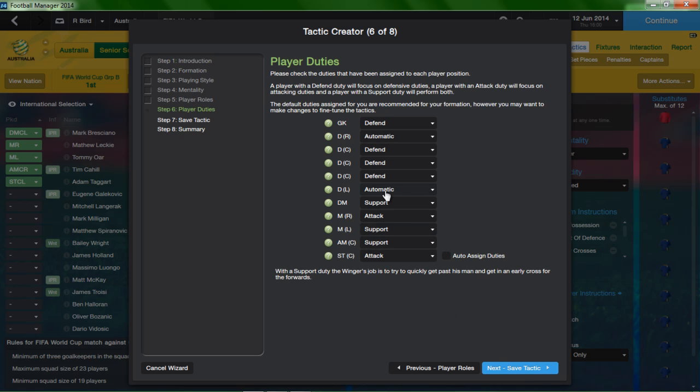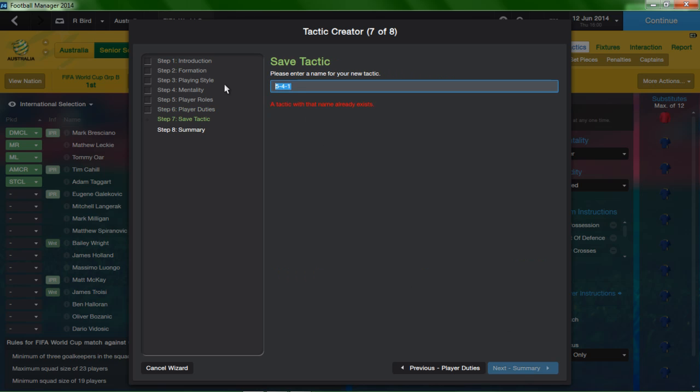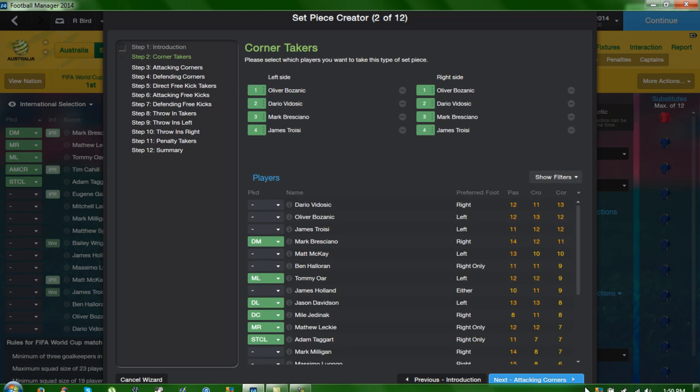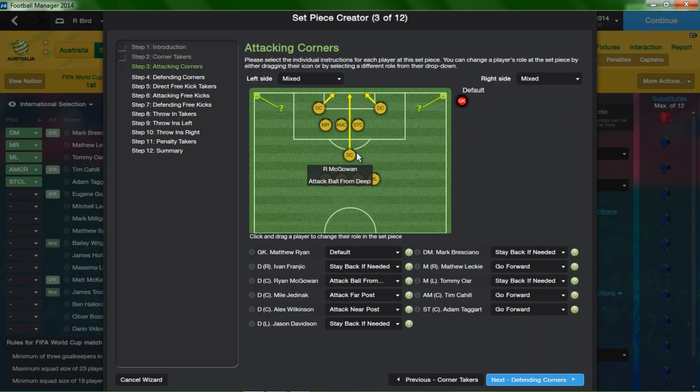Again, let's use this as support. And considering this is kind of another one, I'm actually going to have Davidson join in on the support as well. And let's name this Oz D. So again, for corners, we want to utilize as much of Timmy Cahill as possible. So let's just keep going at what we're doing. Far post. Yeah, that will be Cahill. This one I'm just going to put in the penalty area and see what it's like. That's going to be Tommy Orr.